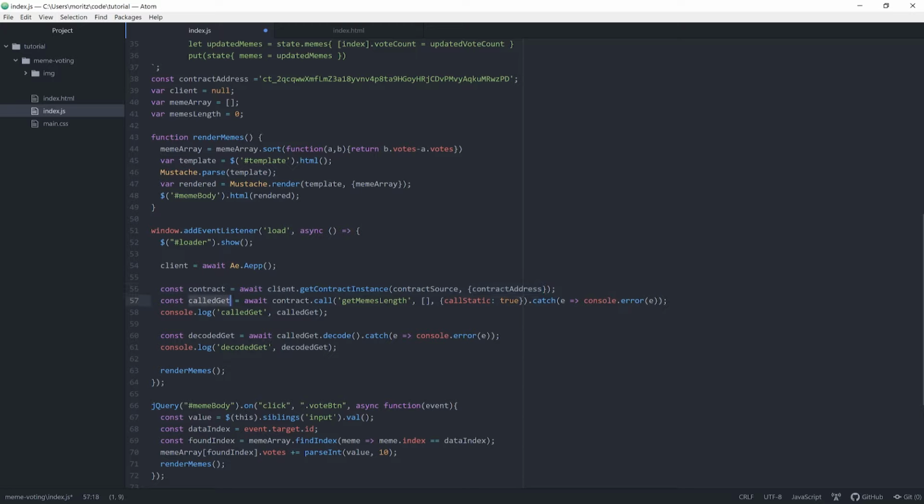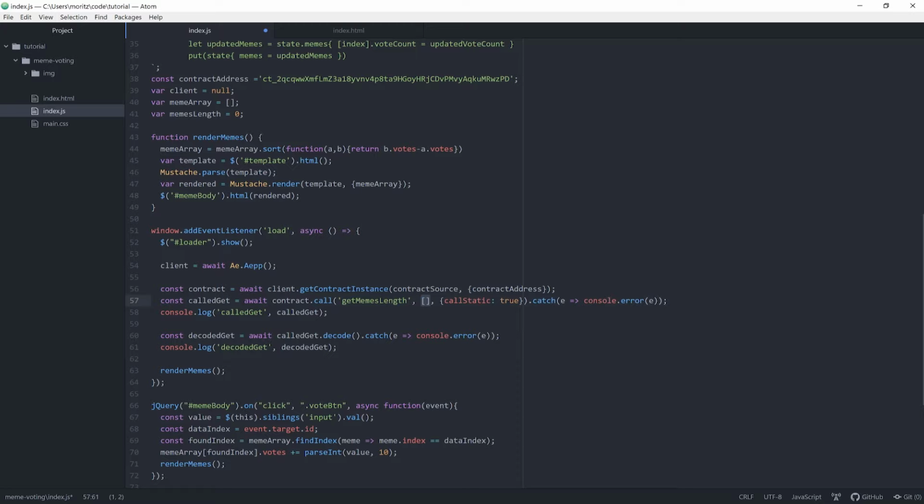Next we are creating a variable called get, which will hold the result of the promise of our client function contract call. If you are unfamiliar with promises, Google it. There are some pretty good resources in the first results. Basically, our code will just continue to be executed if we get a response from our call. The first argument we need is a contract function that we want to execute. In our case, getMemLength, and then its arguments, which is empty here since for this function we don't need any arguments.